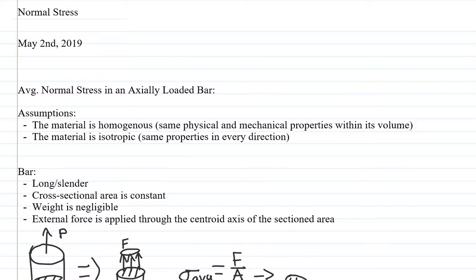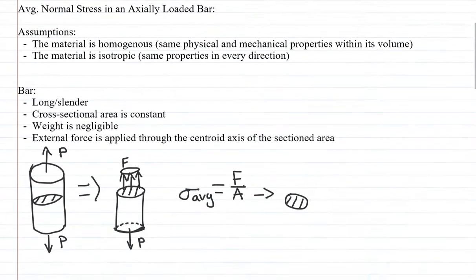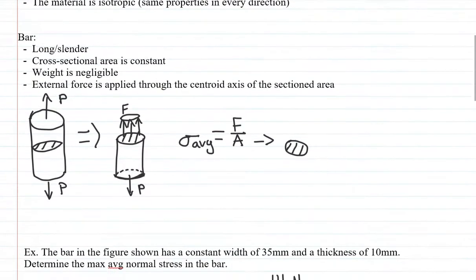What's going on, guys? Today we're going to be discussing the average normal stress in an axially loaded bar. So for an axially loaded bar question, we assume that the material is homogeneous, so it has the same physical and mechanical properties within its volume, and that the material is isotropic, so that it has the same properties in every direction. A bar is defined as a long and slender member with a constant cross-sectional area, and the weight